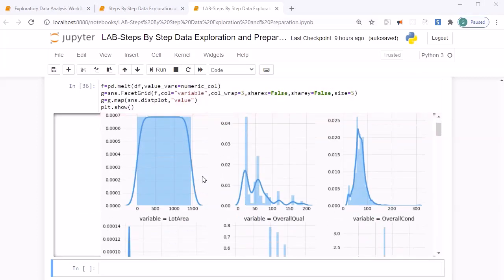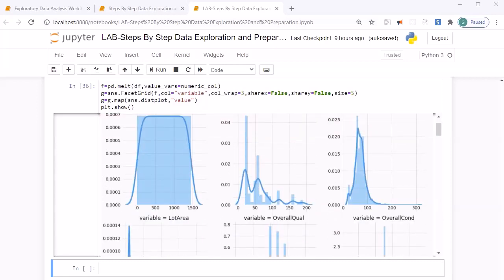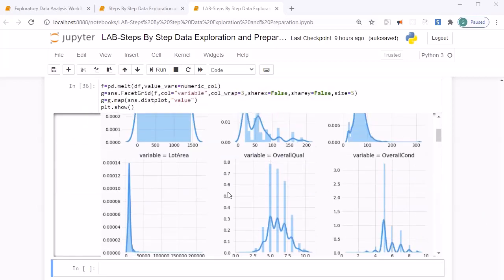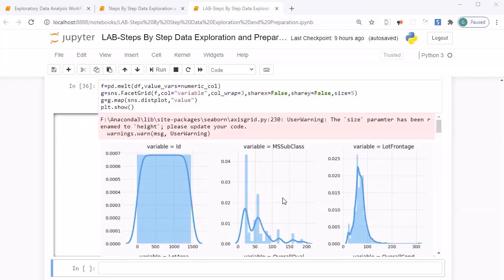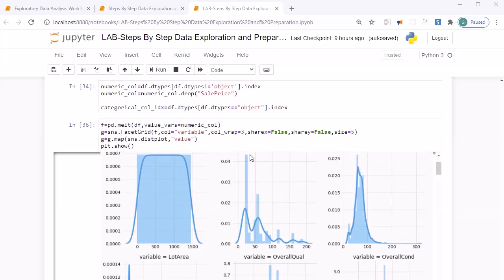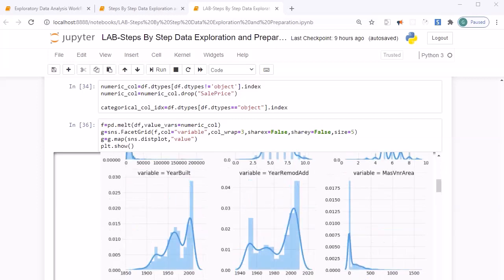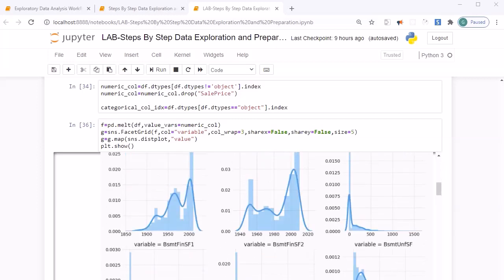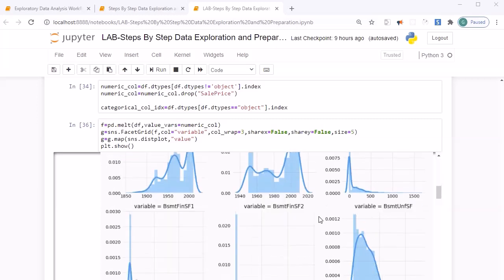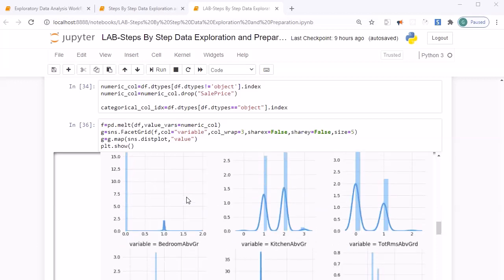Once you execute it, you will find that it has given us all the predictor variable information like id. Don't bother about id because it is not useful, but over here you will find that we are having ms subclass, and if you look into that, it is also right skewed. Most of the data is right skewed. You will find that some of the data is left skewed. We are having bimodal. This is mass van area. We are having right skewed data, and if you closely look into that, most of the data is right skewed,